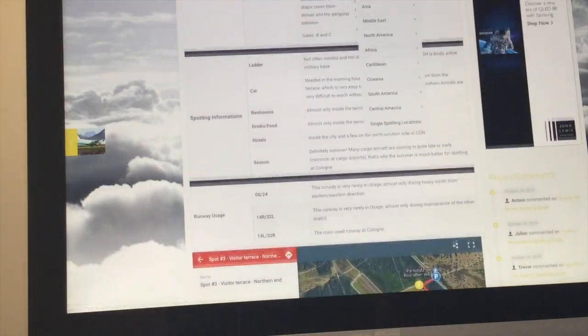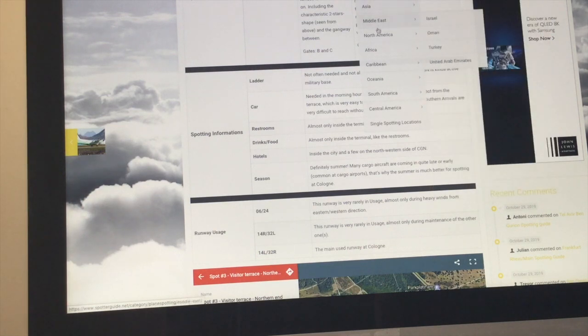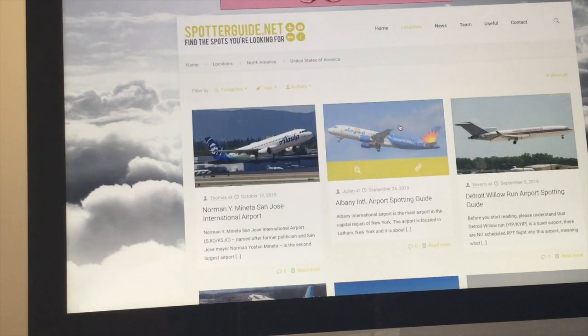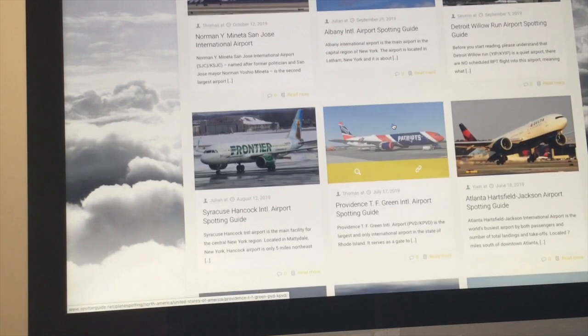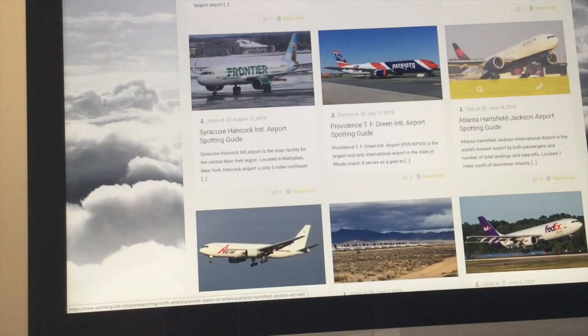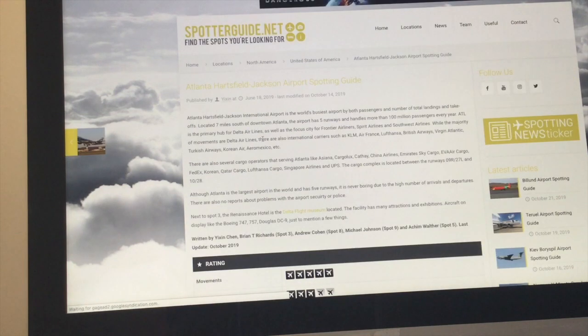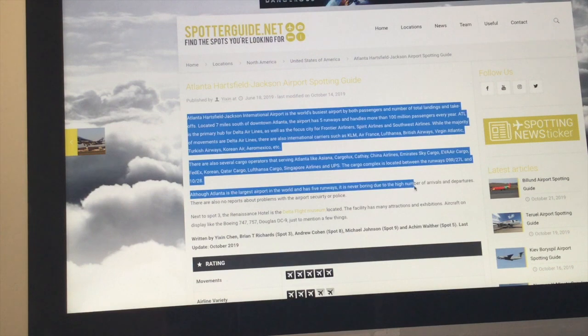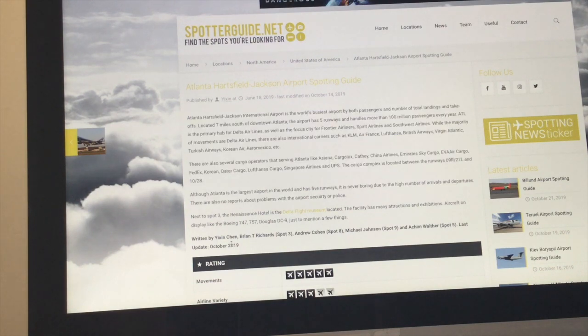So if we pick another one, let's go to America. Oh, no, let's pick another one. Let's go United States of America. There we go. So again, it will come up with different airfields. All you do, Atlanta, click on it, comes through to the page. Again, a write-up about the airfield, who's written it,